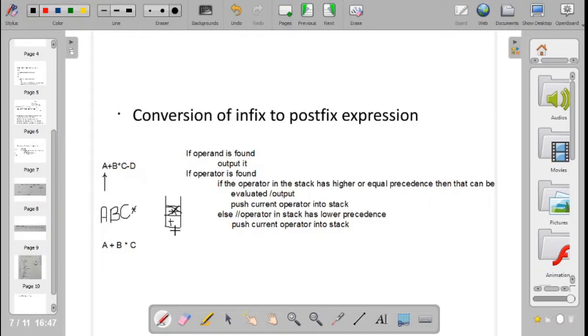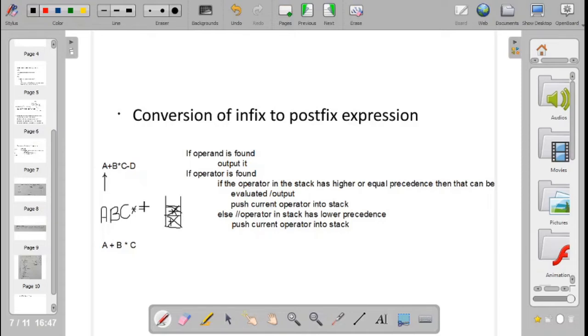Similarly, we will look at the other operators in the stack. So plus and minus are also compared. When you compare plus and minus, plus is an operator which was on the left, right? Although plus and minus have the same precedence, if you think about the associativity part, you have left associativity, right? Even if they are of the same precedence, plus will be executed first, right? So again you're popping this